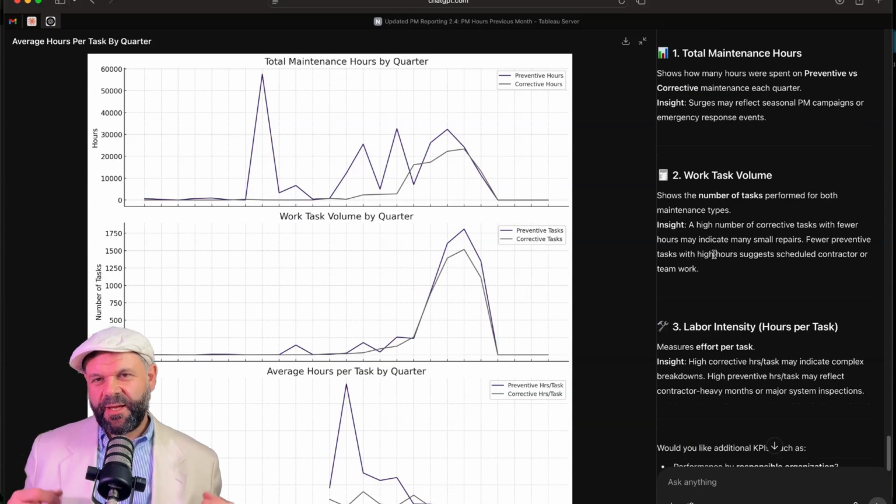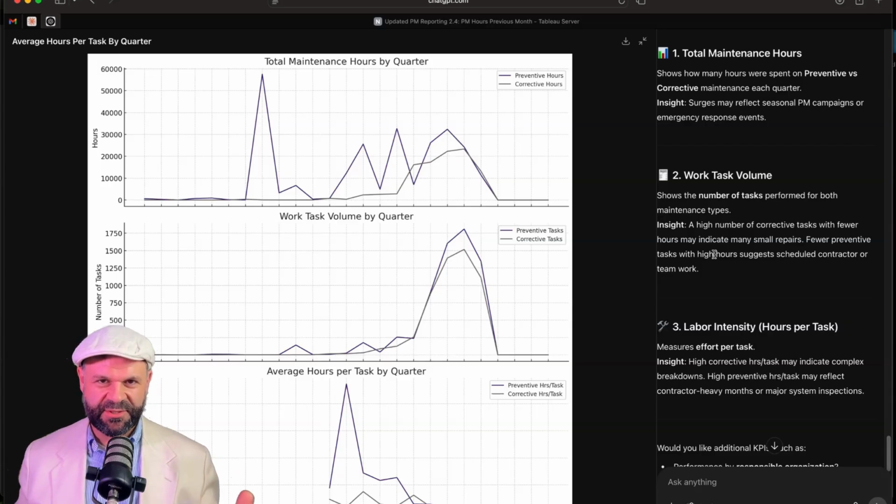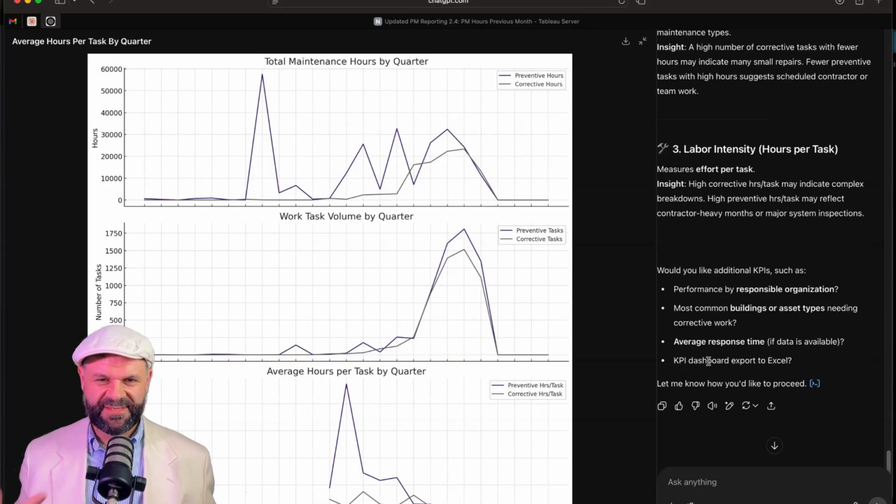This is, instead of giving us a proportion, telling us actual hours spent on maintenance and on corrective hours. We have the intensity. It's telling us the average hours per task. So we can use these metrics to build a system that's going to tell us at a glance how our